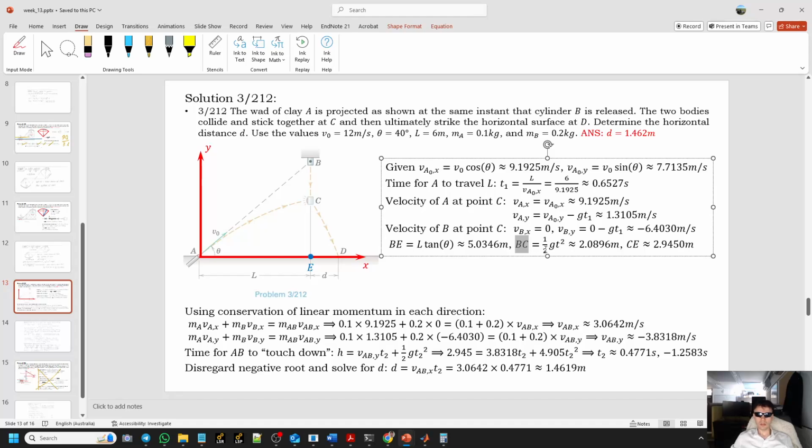So BC is equal to, actually minus, we have to put minus 1 over 2 g t squared. And if you consider this point as, I don't know, h, for example,